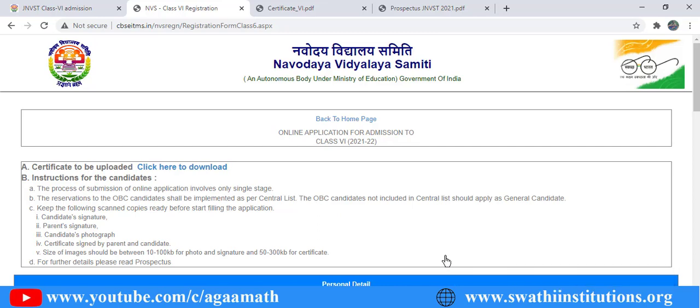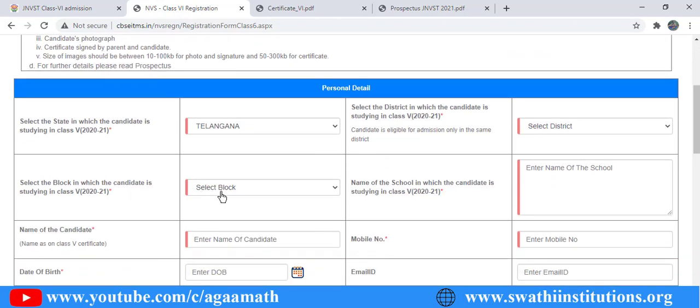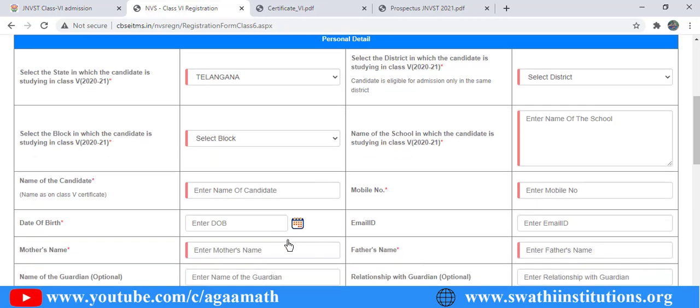After selecting the district, select the block, and then enter the name of the school where he or she is studying in 5th class. Then enter the name of the candidate; be careful that it is as in the school certificate. Enter the mobile number, and make sure it is active, because you will receive an OTP and information when the hall tickets are available. So enter the correct mobile number, then date of birth, email ID, mother's name,